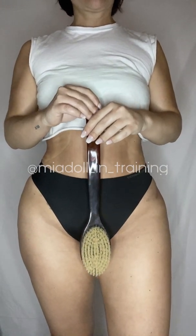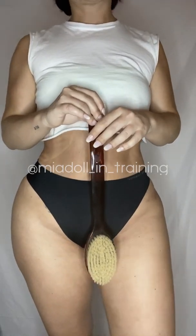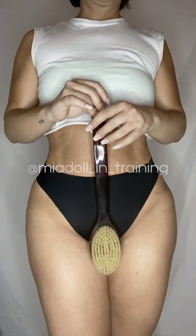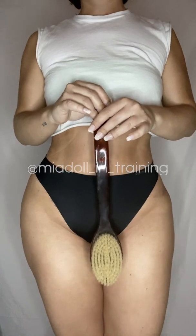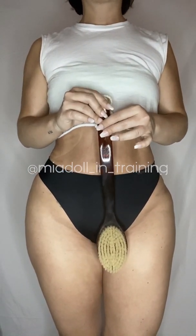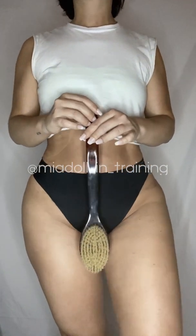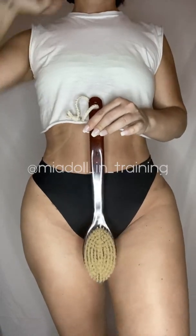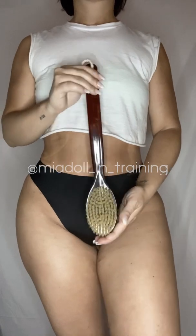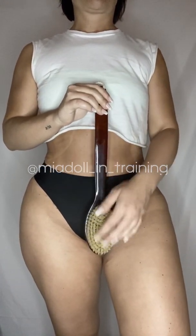Something else I wanted to bring attention to was dry brushing. When I was first recovering, there was not a lot of information around about the benefits of dry brushing and how it could potentially help me recover from my surgery and aid in lymphatic drainage. But I had one of these babies and I had been dry brushing for several years and I knew